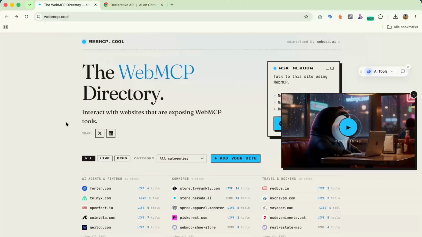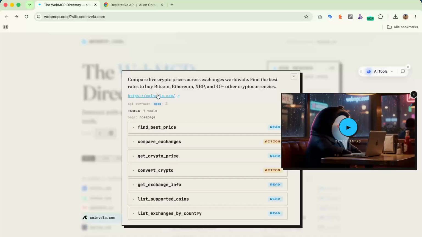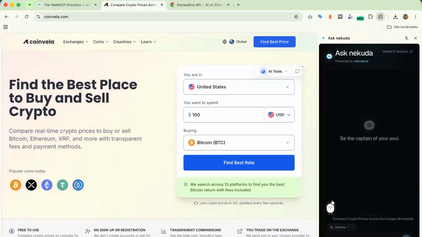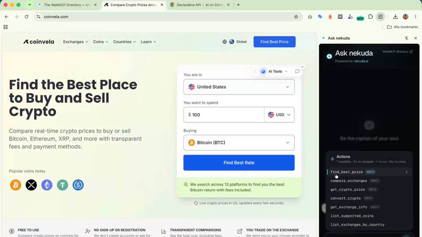Another thing that I want to show you is webmcp.cool. It's the WebMCP directory for interacting with websites that are exposing WebMCP tools. One of the things that I can maybe show you right away is some examples. And this one is, for example, something I can show you. I have installed a plugin right here, and you see here it has some actions, right? And we can say here